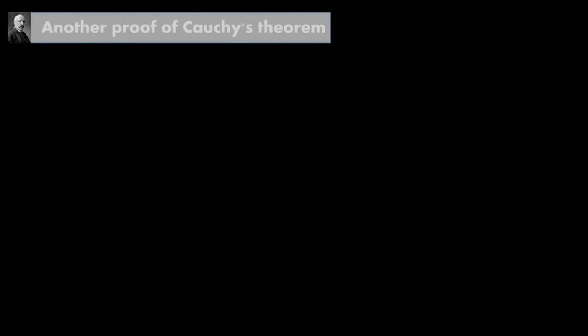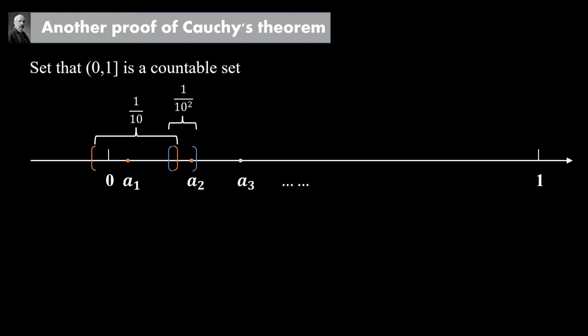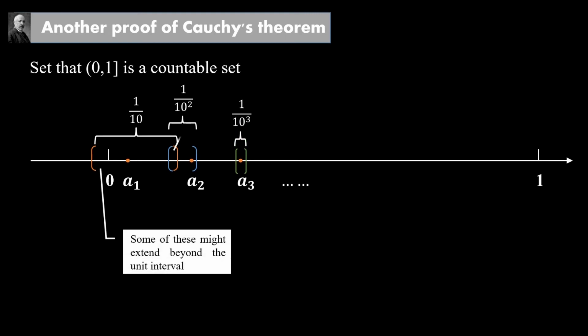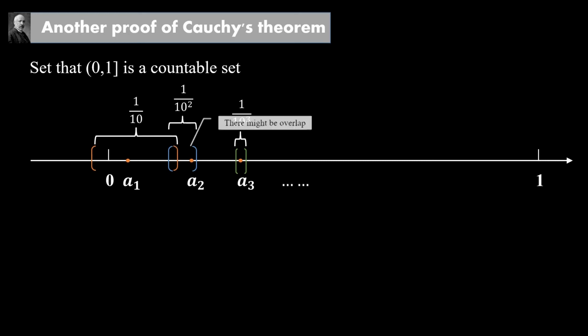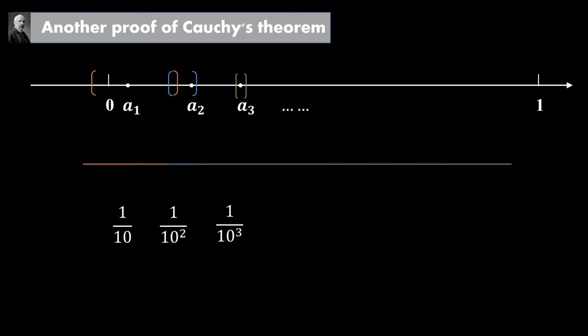Of course, this method can only give the proof by contradiction. Suppose that all the points in [0, 1] can be sequenced as sequence 1. Let us enclose the point with coordinate A1 in an interval of length 1/10, the point with coordinate A2 in an interval of length 1/100, and so on. If all points between 0 and 1 were included in the sequence 1, the unit interval would be entirely covered by an infinite sequence of possibly overlapping subintervals of lengths 1/10, 1/100, and so on. The fact that some of these extend beyond the unit interval does not influence our proof.